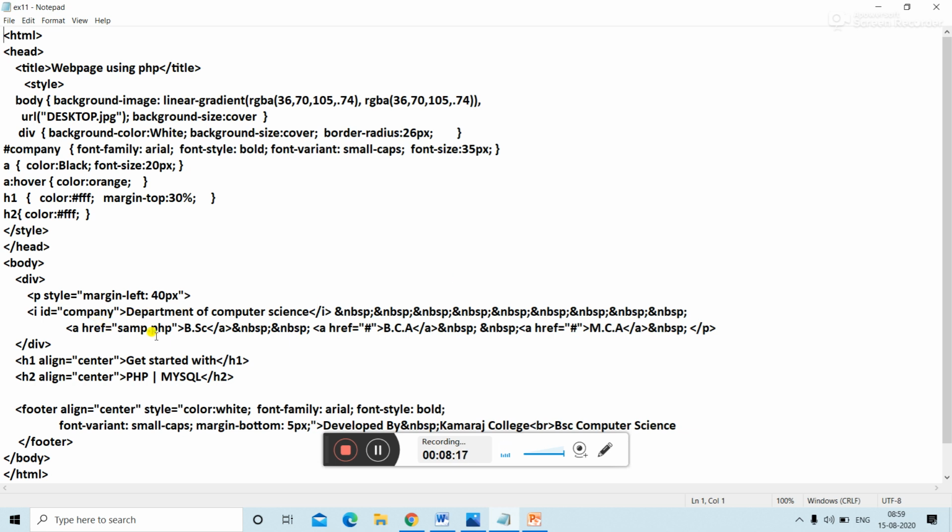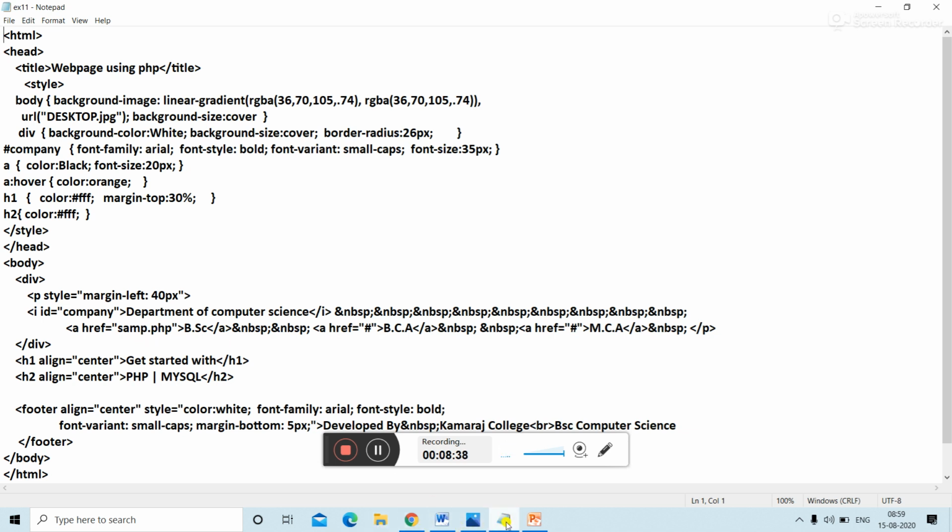So here I am using 3 links: href, sample PHP, BSc, BCA and MCA. These are used as hyperlinks. So when we click on the BSc, it displays the sample PHP.